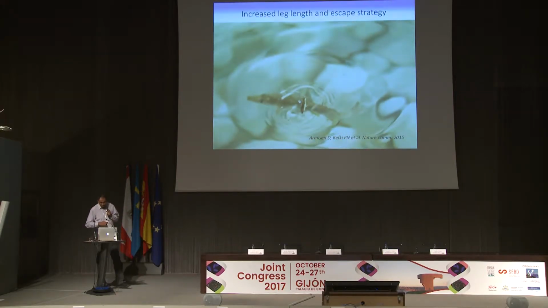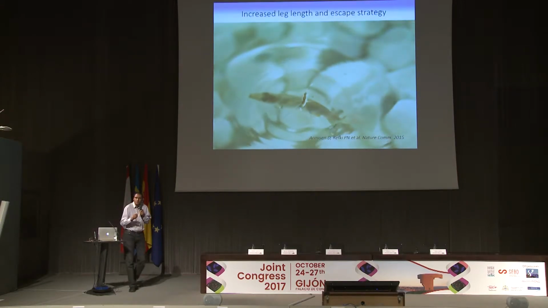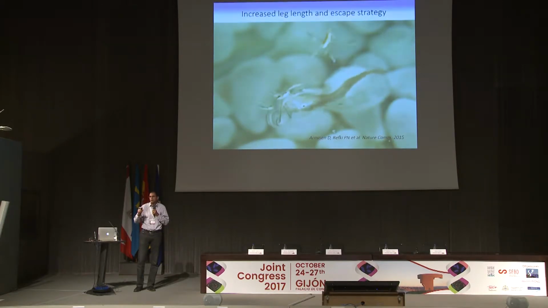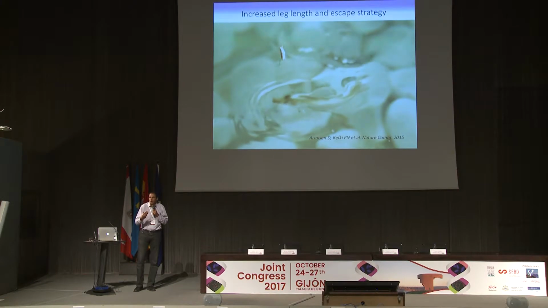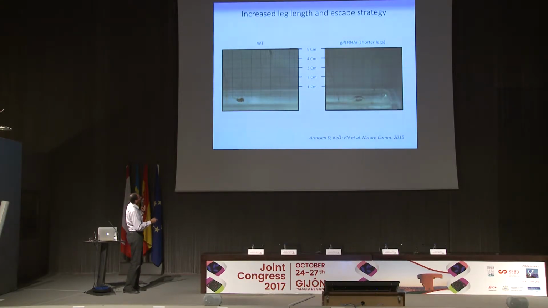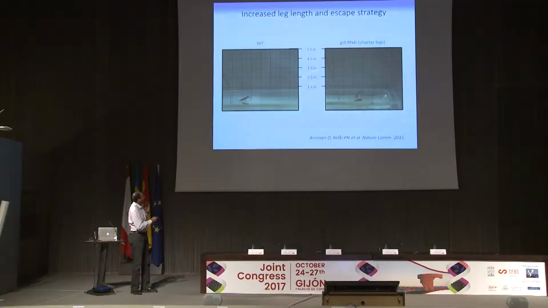So we wanted to test this. What we did is we took animals, treated them with GILT RNAi, and generated animals that have approximately 20% shorter second legs. And we tested how well they perform this behavior. And this is what we got. This is a control animal. This is a GILT RNAi animal, which has approximately 20% shorter legs. You can see that the control animals deliver much higher, much more efficient performance in jumping, which is a behavior that is very important for escaping predators. Again, controls, etc., can be found in this paper.